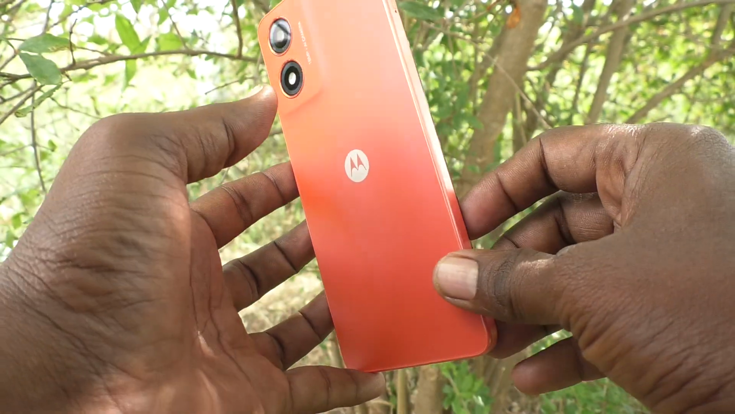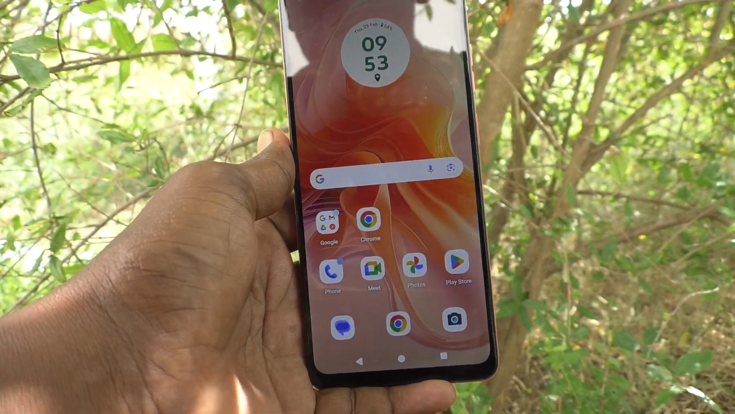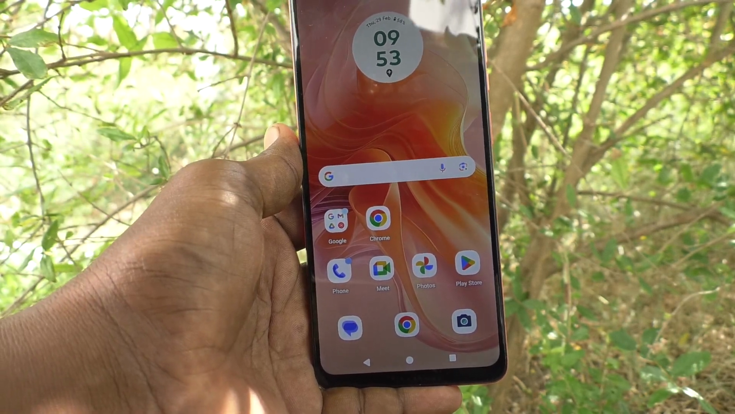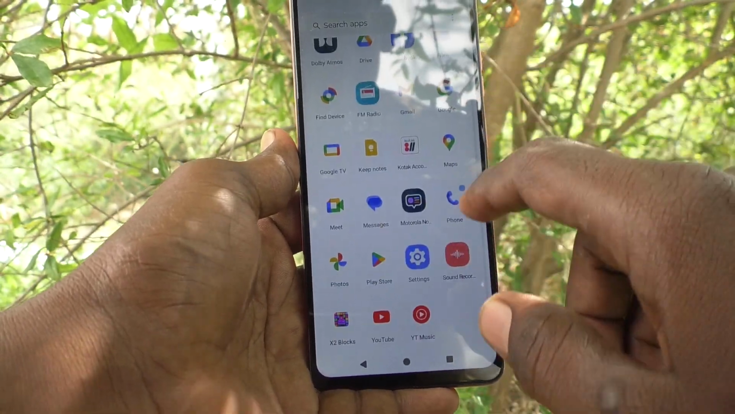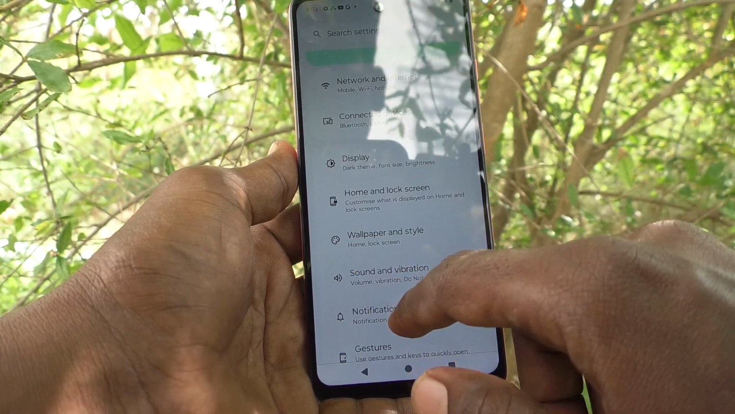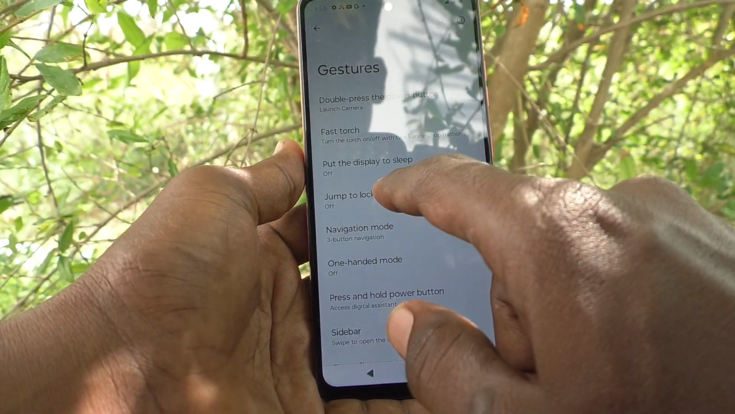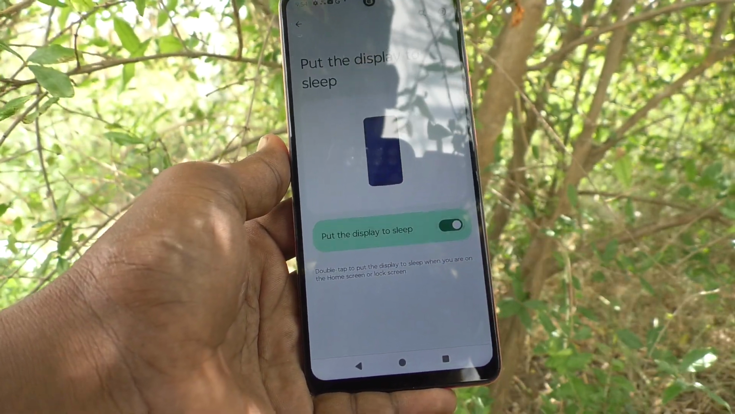Here is Moto G04 smartphone. In this video you will learn how to set double tap to screen lock in your phone Moto G04. First of all, go to settings of your phone here. Then go to gestures. Here select put the display to sleep and turn on this button, put the display to